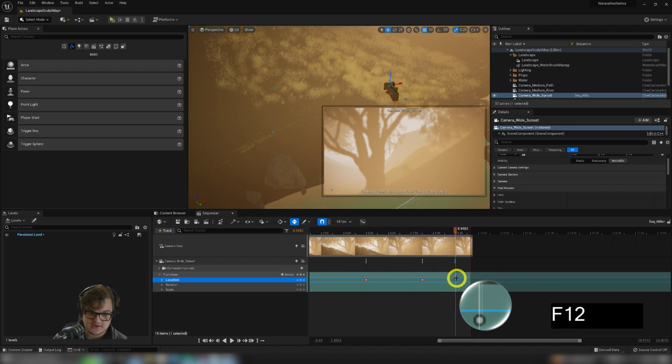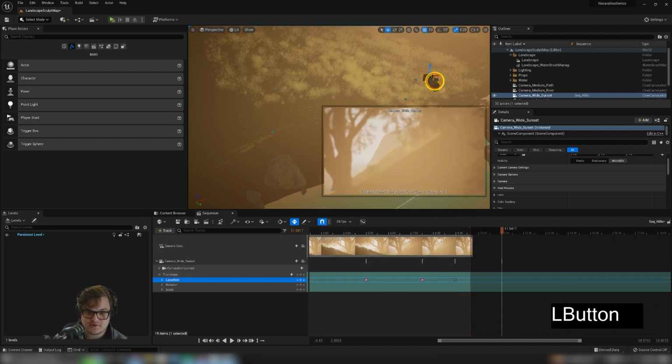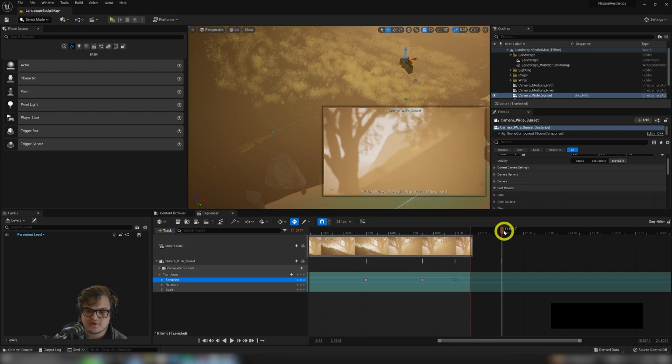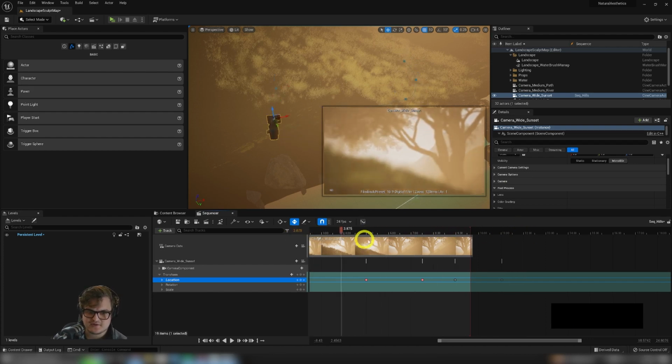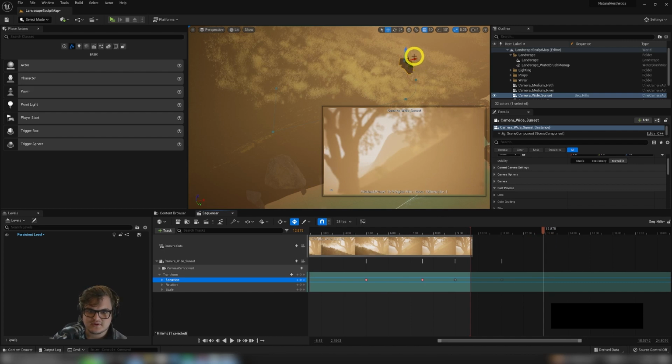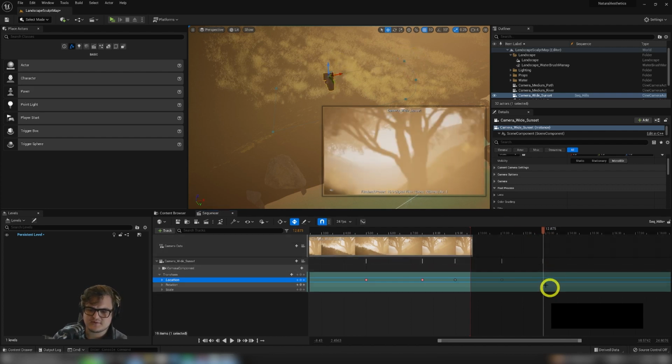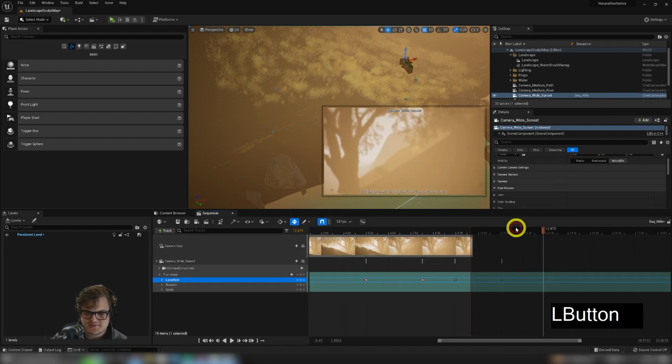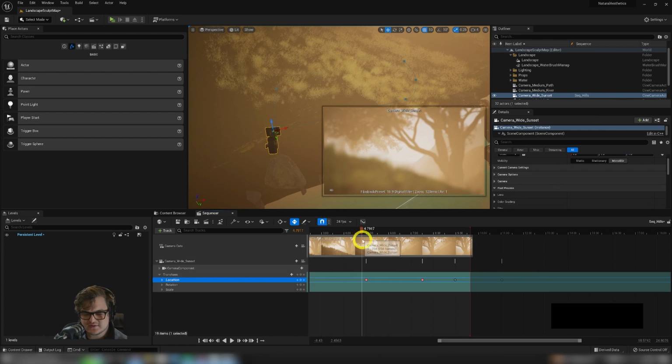This can be really handy, especially when you just want to sort of shoot through your scene and move your camera around to specific places and not worry about having to move your mouse back here and click add keyframe. But like I've said before, it can be a little bit dangerous if you accidentally leave it on and then later on think, ooh, what if I move this camera over here? And now it's saved that position, and now the animation is all messed up. So just be aware. I would say turn it on when you need it, and then turn it off when